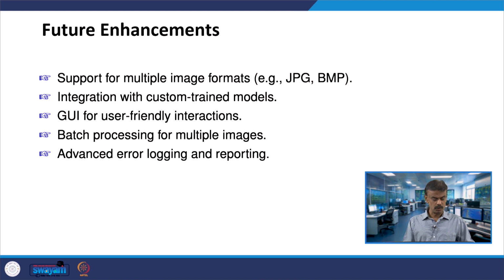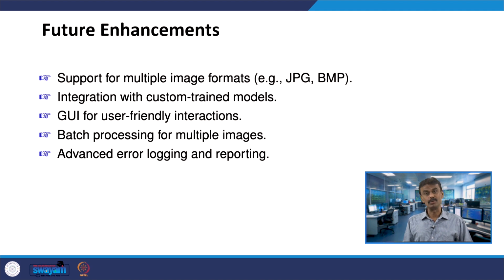Now, for future enhancements, we can use multiple image formats, any image formats, and we can also integrate this with custom trained models and a graphical user interface for user friendly interactions. Here we had seen the output in the command prompt.